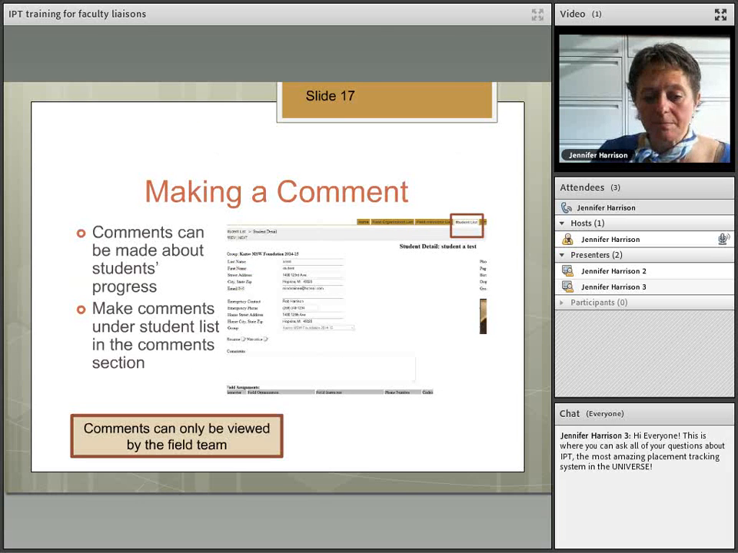Making a comment. Let's say you'd like to communicate to the field team about concerns that you have in regards to a particular student or a particular field instructor or field organization sometime throughout the semester. Comments can be made about students' progress, and they are listed under the student list. So if I go to a test student's file under their student list, then there's a comment section, and I can put in comments that only administrative users, which are only faculty liaisons and the field team, can see. So if we're going about a problem-solving process, this is a good place to add comments